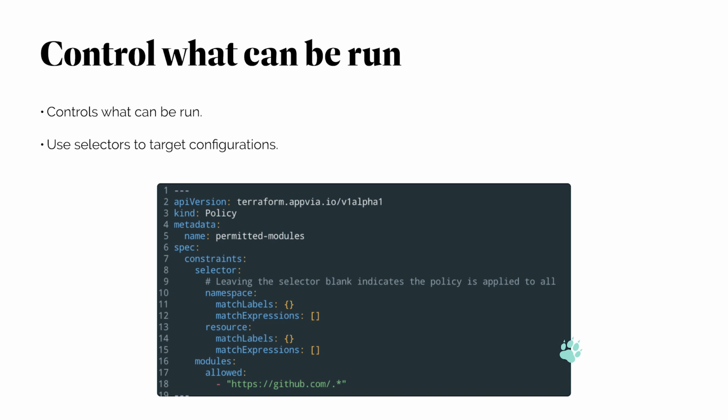And what this is saying is the configurations for the application teams can only be sourced from this array of sources. So you can lock it down to, for example, /myOrganization. And now I can only pull Terraform modules from that particular location. So right out of the gate, you're able to lock down. Now, of course, it's